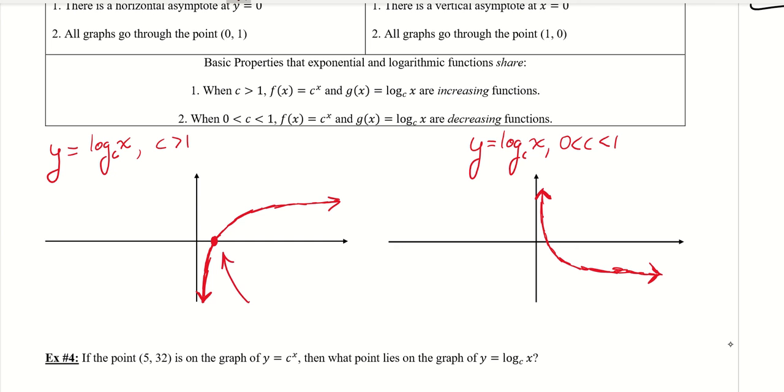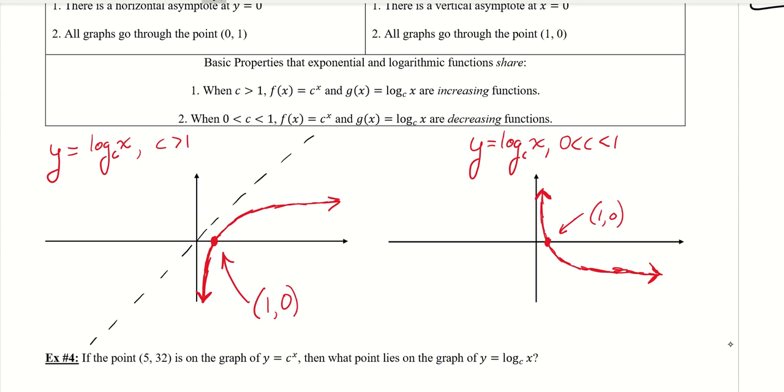So telling you to rotate it isn't necessarily the best advice, although you would still see an exponential curve. But the best thing to do to see the relationship between logarithms and exponents is to reflect them. How would you reflect them to see that relationship? Well, you would reflect them about the line y equals x. Because all inverse functions,